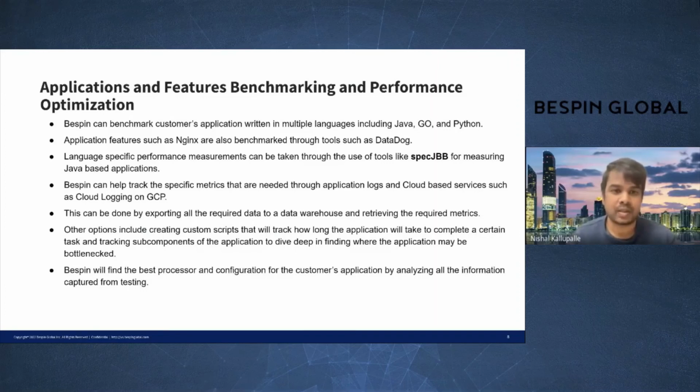A lot of customers use Java and a certain version of Java, right? So we wanted to test that out. And there's a really useful tool, SPECjbb, for measuring the important metrics that you need, like critical jOPS and max jOPS. And then also in terms of the infrastructure, right? We were able to see which processor gives the best